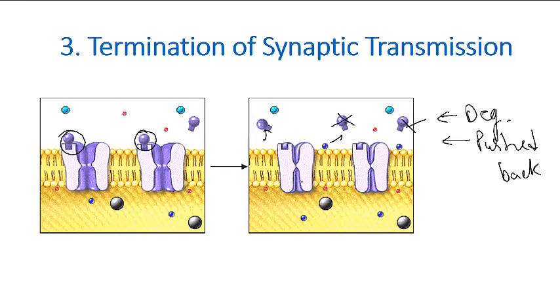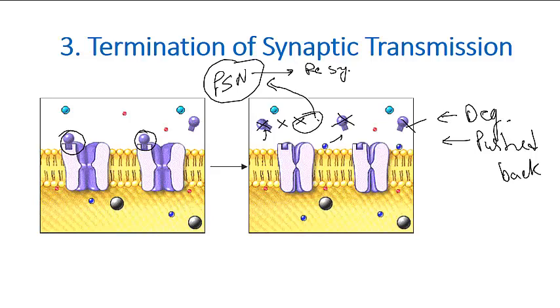When the breakdown products are transported into the presynaptic terminal, they are used to resynthesize the neurotransmitter again. So we simply break them down after the work, then we take the breakdown products and shift them to the presynaptic neuron so that it can take up all those breakdown products of the neurotransmitter and resynthesize